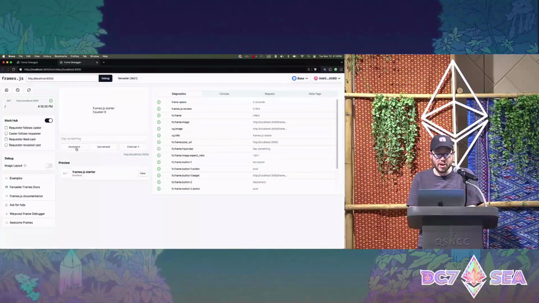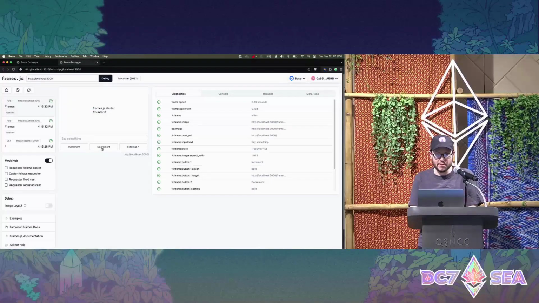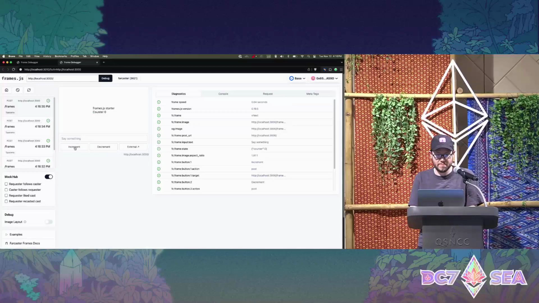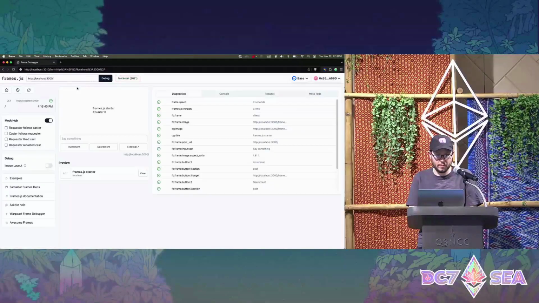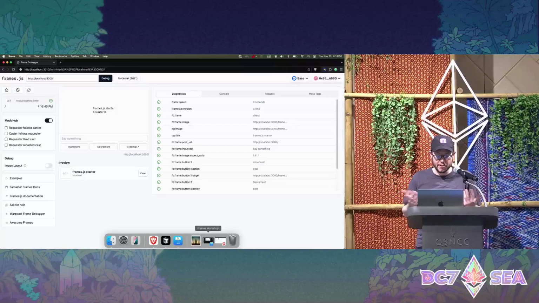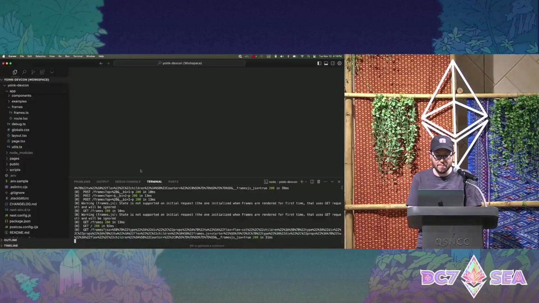We have a simple demo app where we can increment and decrement a counter. Let's start by just building the start page for our frame.